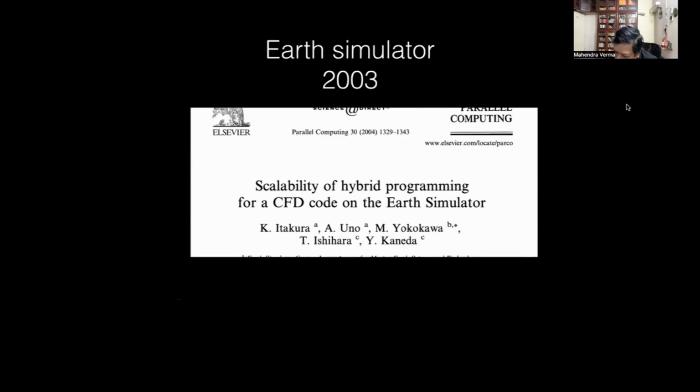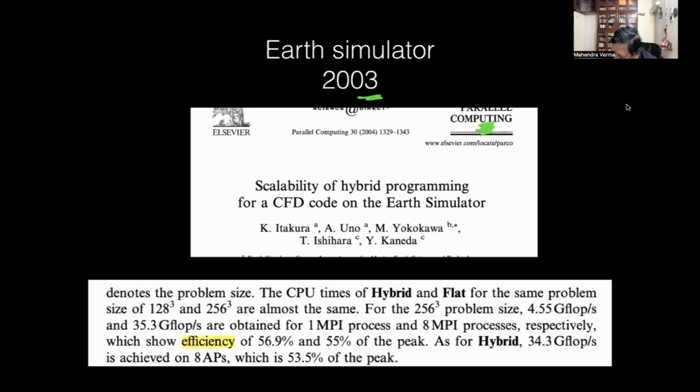Now this is a paper which is an interesting read. Now efficiency is 57%, 56.9, or 55%. These are two different numbers they quoted. Compared to the 1.8% we got for Cray, this is huge. And why did they get this efficiency? On Earth simulator. Earth simulator was designed for A50. It was designed for A50.